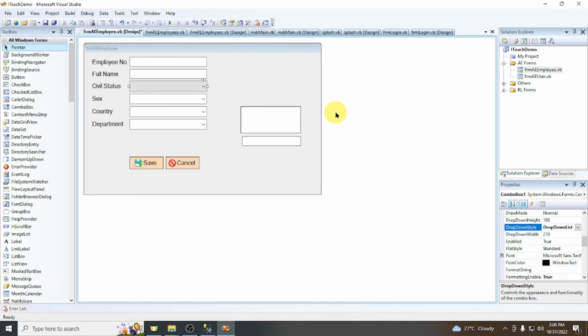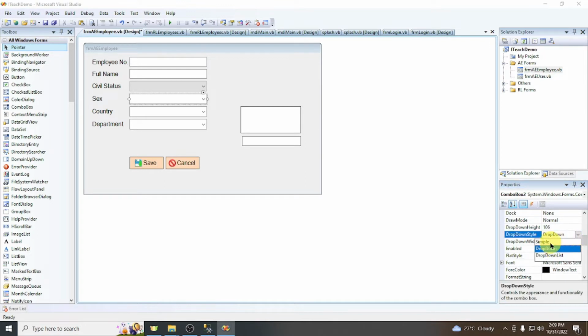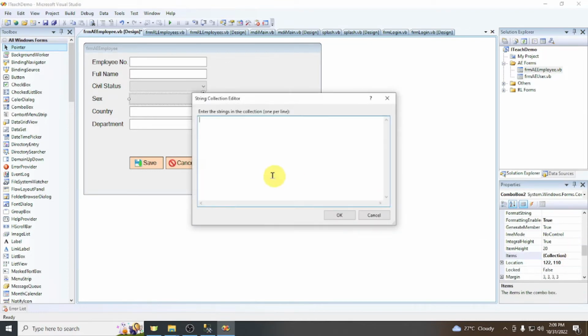Also with the sex here, this should be drop down list. Drop down style should be drop down list, because we are not going to allow user to enter any value aside from male and female. Okay, drop down list, and then let's go to items, and then let's add items. Okay, male